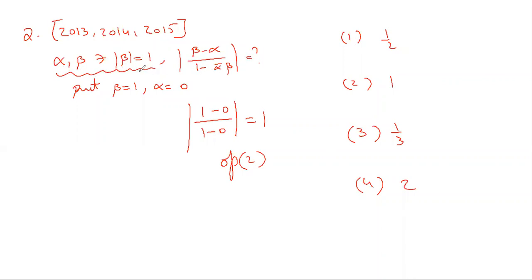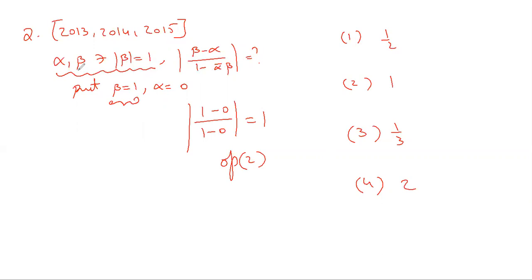And given the fact that every real number is a complex number, if you keep that in mind, you can't take beta according to your wish. Beta should be taken as a complex number whose magnitude is 1. So 1 is also a complex number whose magnitude is 1. That's why we took beta equal to 1.